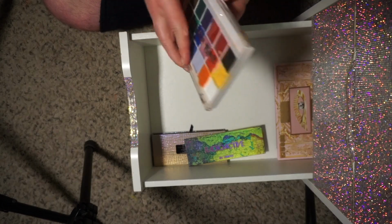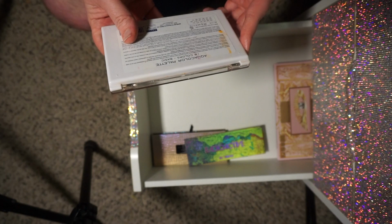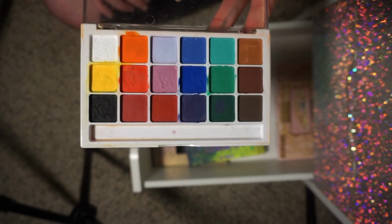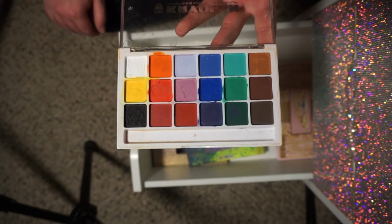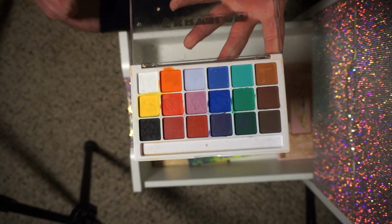What's this? Oh, this is my Krylon. This is the Krylon Aqua Color palette. 18 colors. This is the basic one. This is for whenever I want to have some fun, do some rainbow, feel some inspiration. This is why that Tarte thing was filled with water. This is how I activate it. This is clearly mine and I can treat it however I want, but this is fun to dip into,